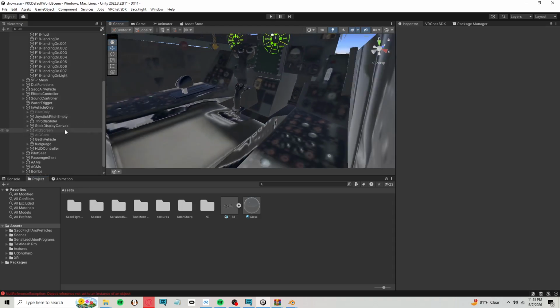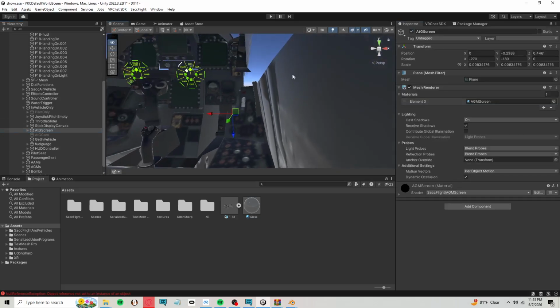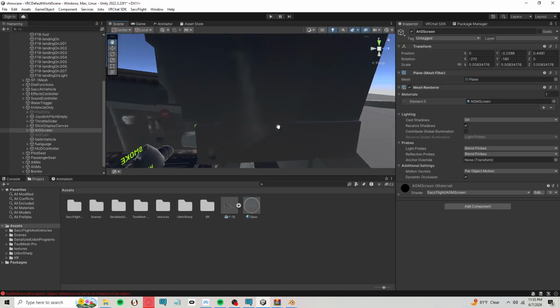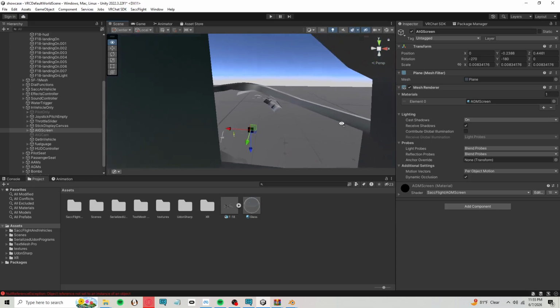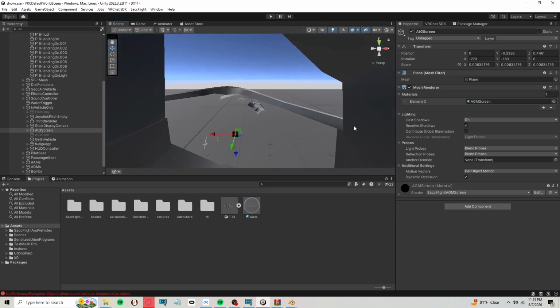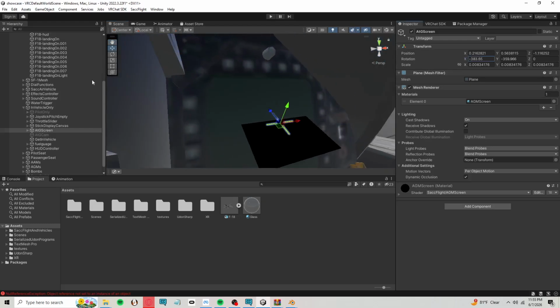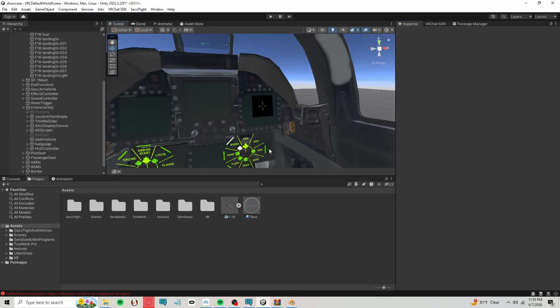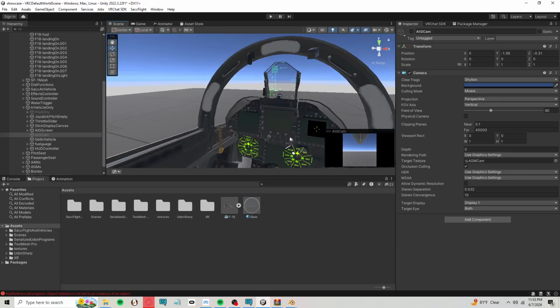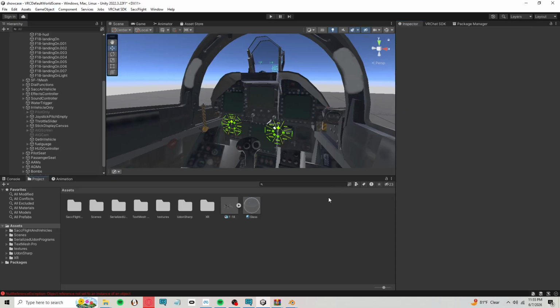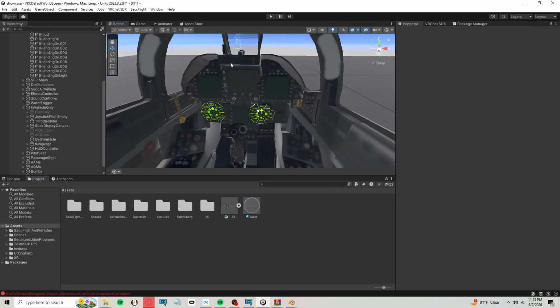So we'll just throw it right there for now. You can move your air to ground screen. Another thing I've found very, very helpful, especially when moving parts like this, is you can get the main camera close to the MFD or wherever you want to put it, and you can click Control Shift F, and it will automatically rotate that object to where the camera was. So from here, all we gotta do is that. So cool. And then from here, we'll just leave that all in. Okay, cool. Now that we have everything for the pilot setup that we're gonna want, all the basics,